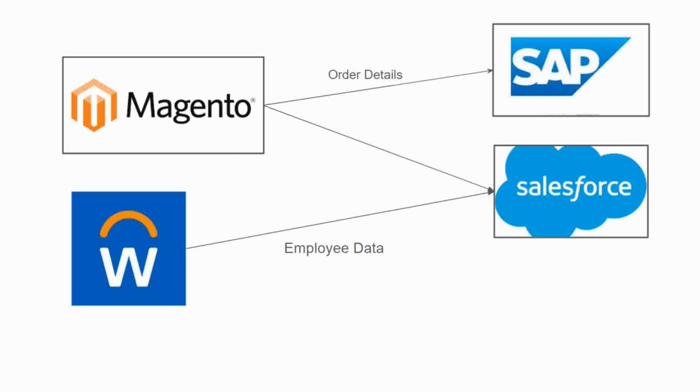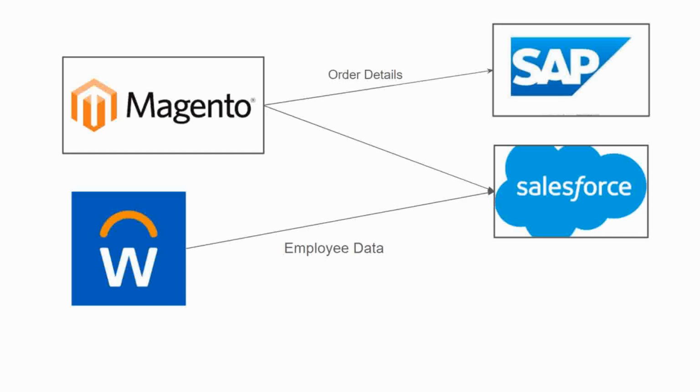You're saving 2 recipes, right? Or you can save at least 1 recipe in that case. Suppose you want to transfer the employee data from Workday to Salesforce, then we can do the same in that